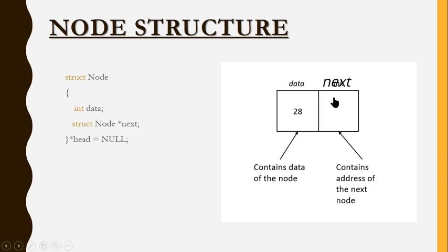So whenever I highlight the first partition, it takes data. Whenever I highlight the second partition, it takes next. And once I close this brace and then I'm saying star head, again I have a pointer over here. This means for this complete box, not for the separate one, for this complete box I'm giving a name as head. And this head is assigned as null. That means I haven't created any node so far. I don't have any node. That's the meaning of it.